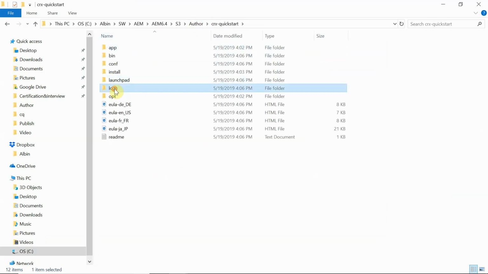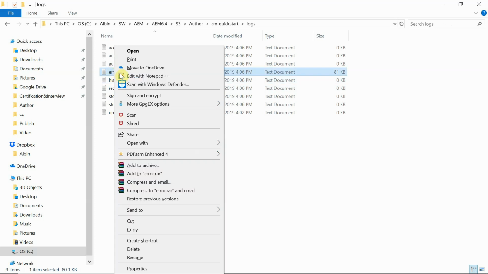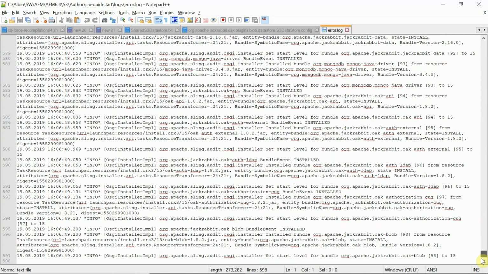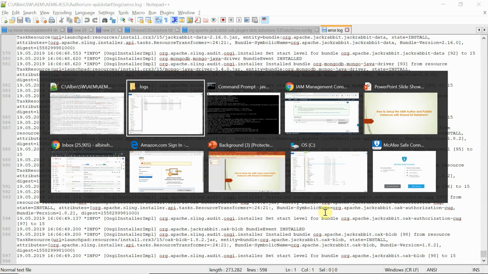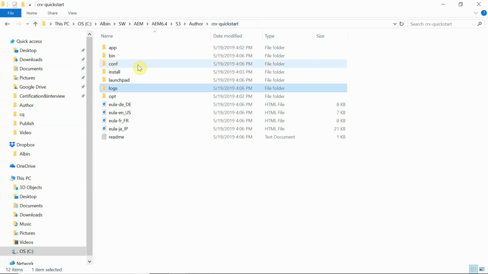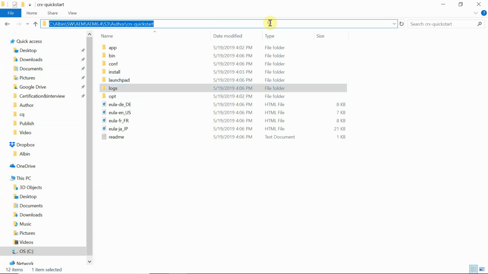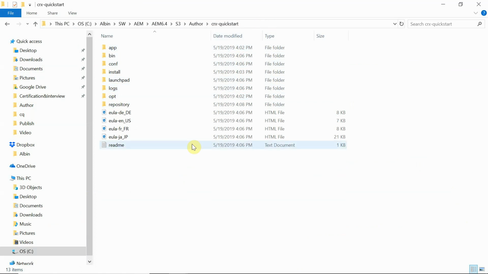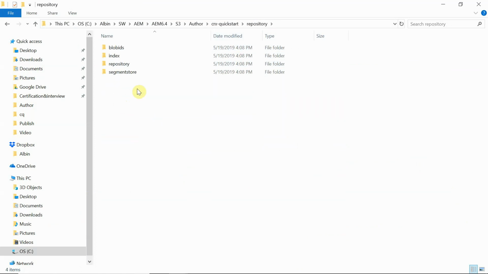I will go to the log file. Here you can see the upload details. This is going to take more time, but I will wait for the server to start so that we can progress. Another area you can keep monitoring is this: one more folder will get created. If you see here there is a folder called repository, then segment store. Again under the repository there is a repository folder, then data store. There are 3 folders created: download, upload and TMP.